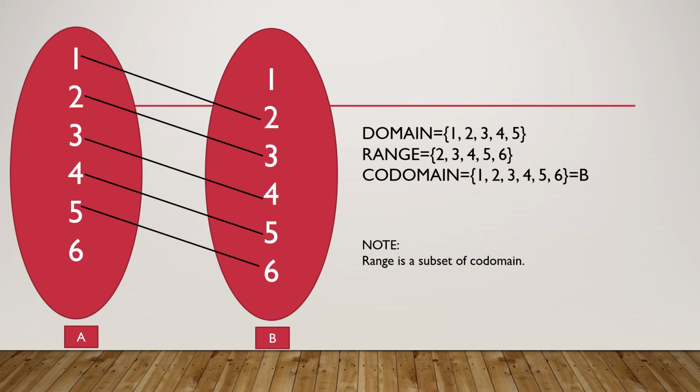What is the concept of domain here? Domain are the elements which are having image in set B. So here the elements of set A having image are 1, 2, 3, 4, 5. So the elements of domain will be 1, 2, 3, 4, 5. Now comes to the range part. The next definition of range is range are the elements whose pre-image is existing in A. Now see what are the elements of range now? 2, 3, 4, 5 and 6.